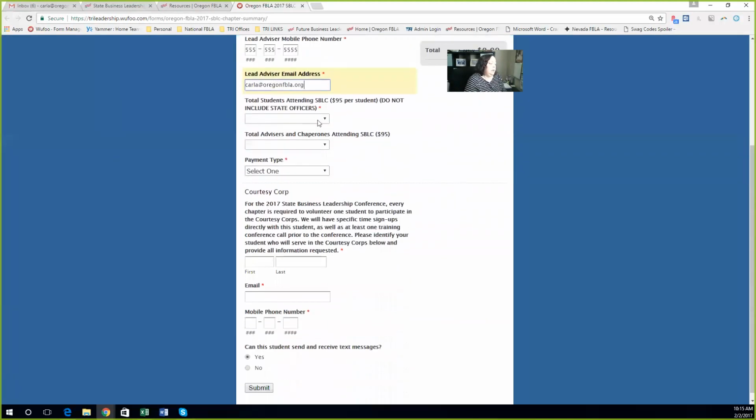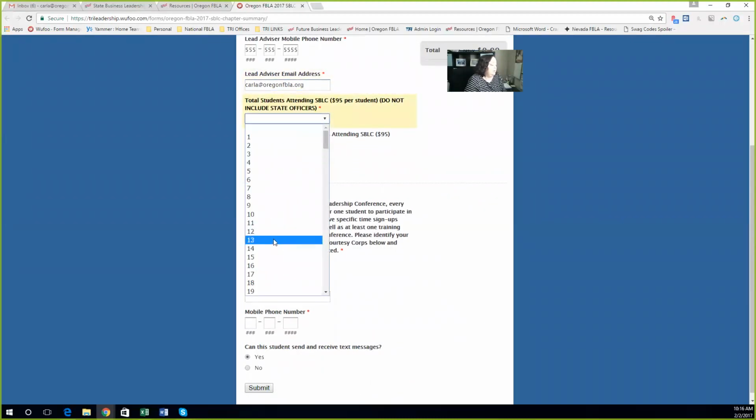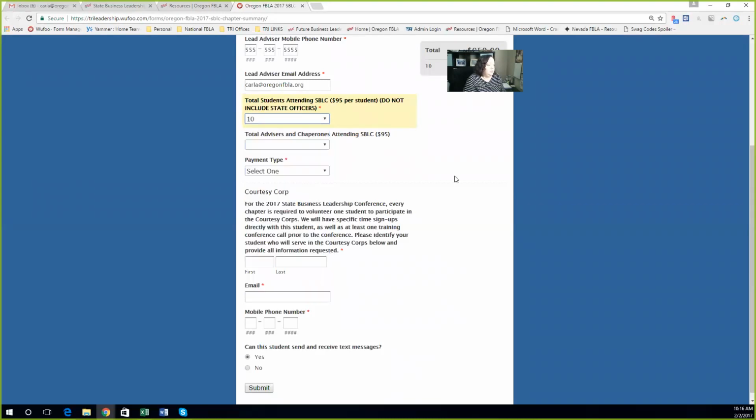How many students are coming? There's a drop down. It does go to 175. If you need more than 175 students, be sure to let me know. This chapter is going to bring 10, and you notice that a total has appeared in the upper right-hand area